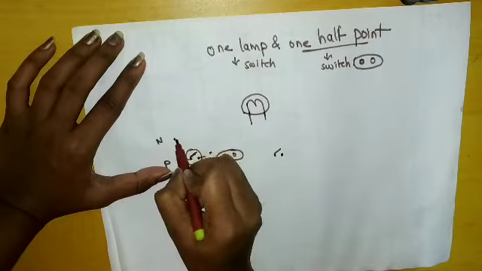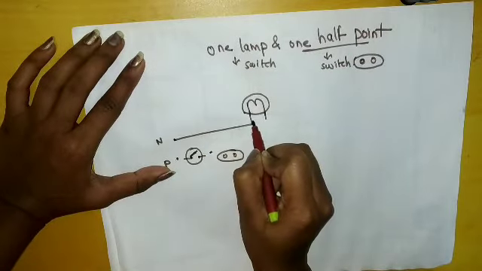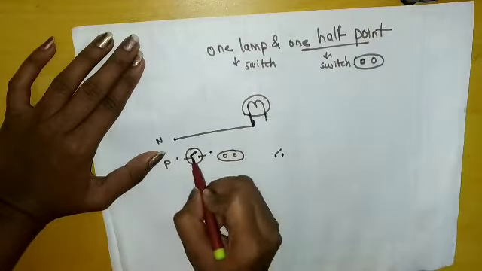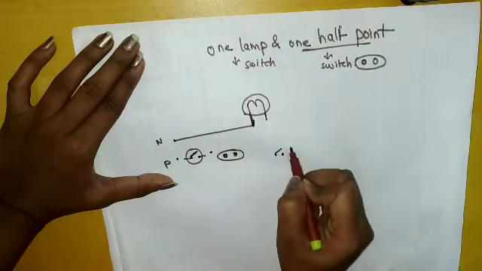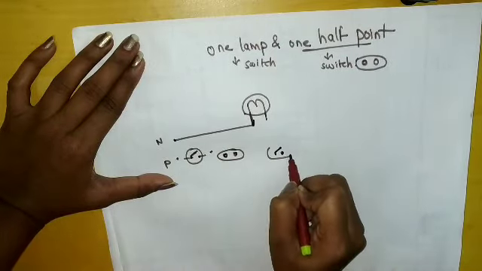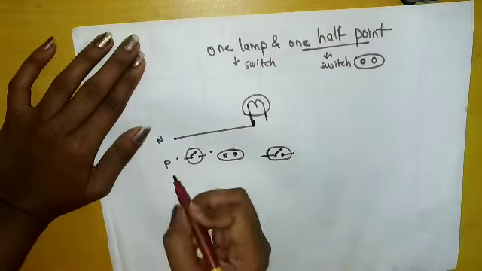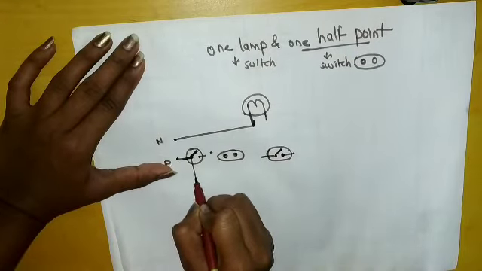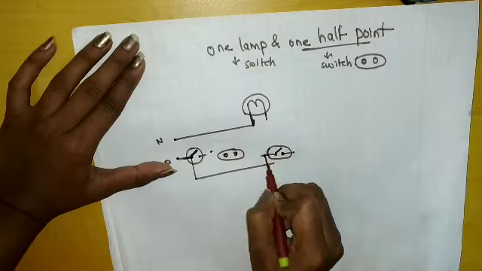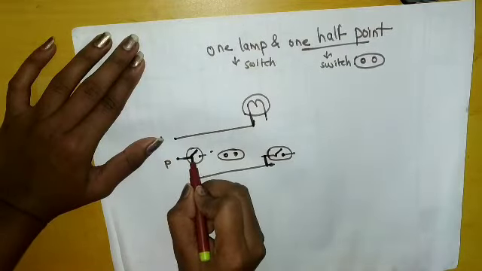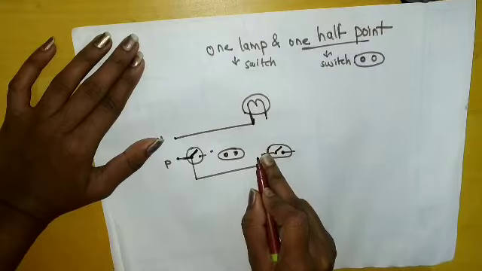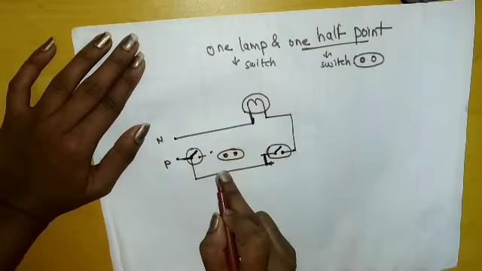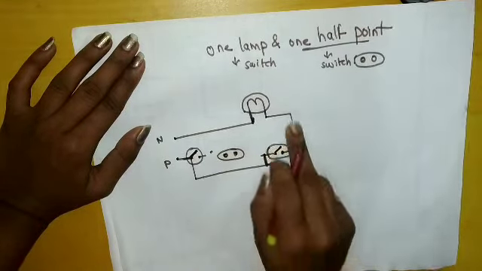right? So this neutral will go to this lamp, right? And from this phase we have to give phase to this half point and to this lamp also. Where we give the phase connection, we always give phase to the switch. So first we will provide phase to this first switch, and from this we will give the next connection. So to this switch we give phase, and from this switch we take the phase forward, and from here we complete the circuit of the lamp. So our lamp will glow whenever this switch is turned on.